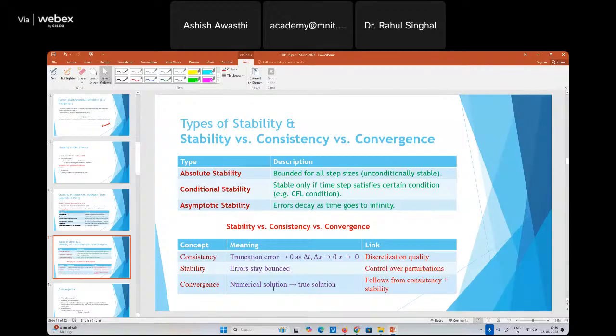Now, consistency. Consistency is not part of this particular lecture, but I will just brief about that. See, three things are there: consistency, stability, and convergence. They are the three key parameters to ensure the robustness of a numerical method. So first of all, we will check the consistency. Consistency means, when you have a heat,